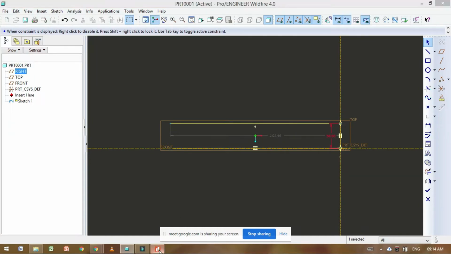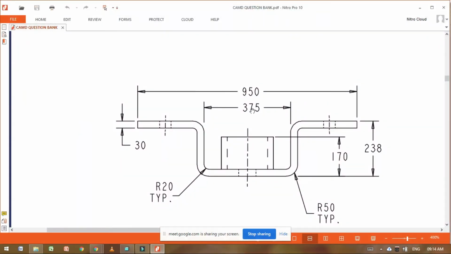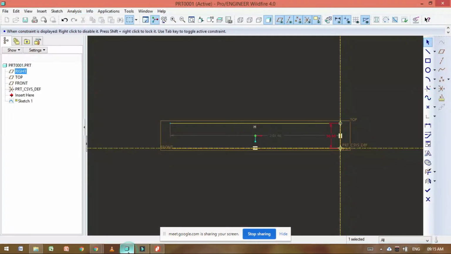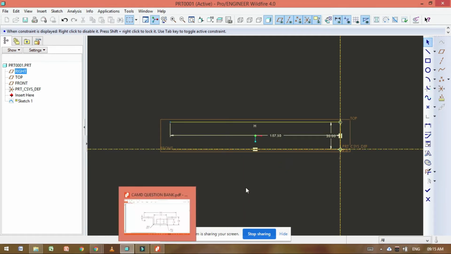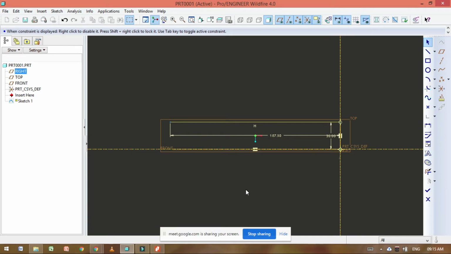Then total width is 375, from this point to this point is 375 divided by 2. 187.5. Directly we can take, we can write 375 divided by 2.